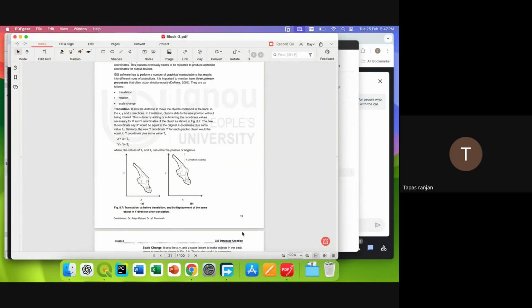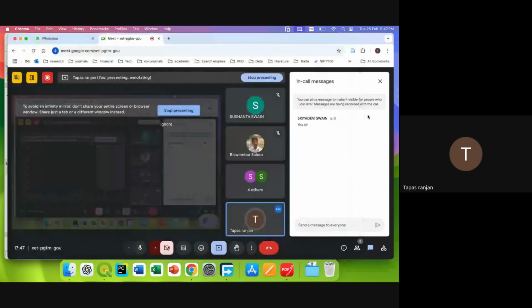Okay, so I was discussing the geographic coordinate system and also the projected coordinate system. So the projected coordinate system is really helpful in those areas, just like if you want to calculate the area of any polygon file, then for Odisha we basically use